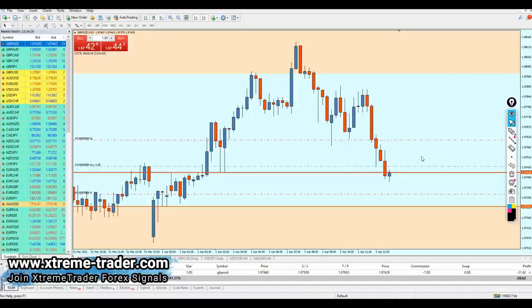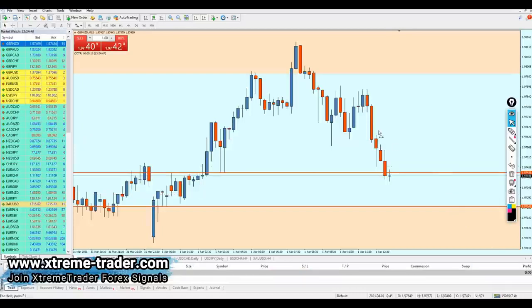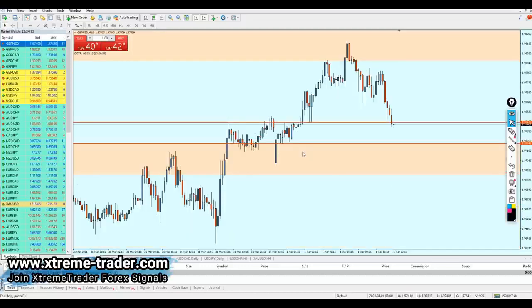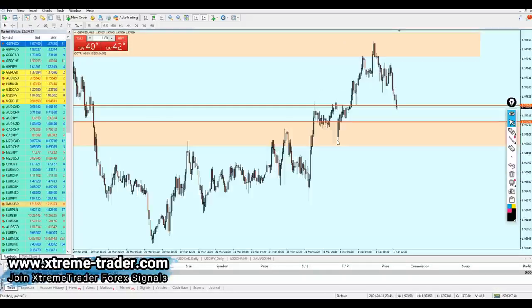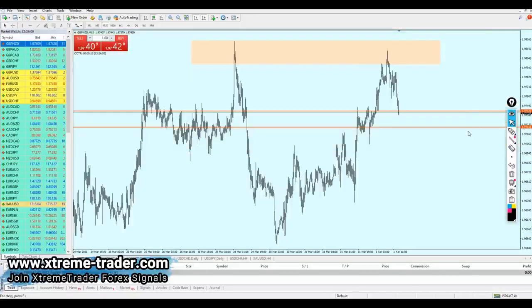So I don't know if we should wait for this one or not, because it's not actually part of the training to have a winning trade, since I'm on a demo account anyway, and I really don't care if this trade is going to be profitable or not. I think we have to just ignore this setup and move to the other one. I just don't have time to wait for this setup to eventually be in profit or not. There are other better setups than that, but I don't think this is the time to make any live trading sessions. Let me just delete this line also so it won't confuse us.